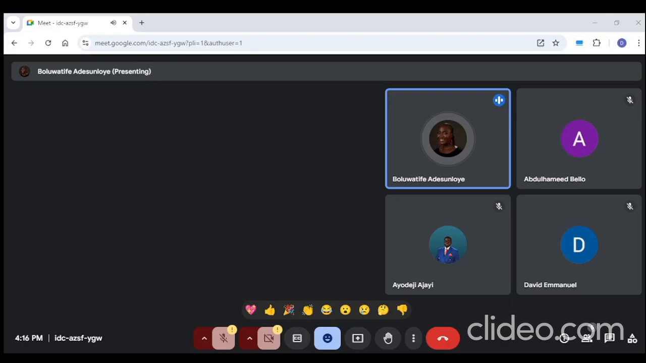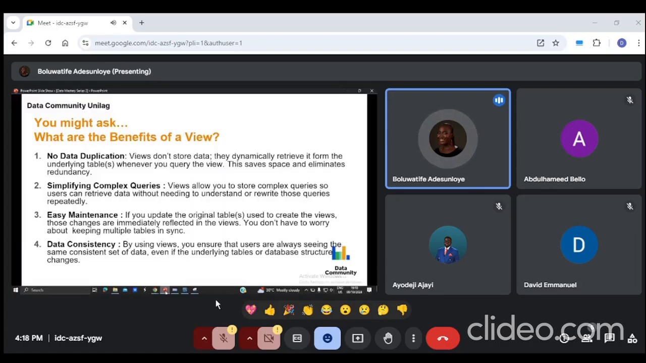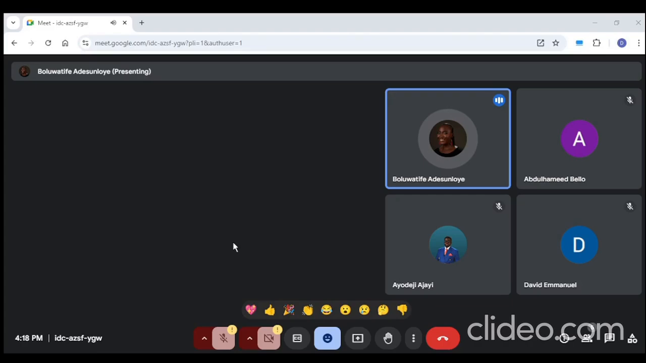So you don't have to worry about keeping multiple tables in sync. Yeah. So because we're going to do a simulation here, like we always do. So instead of always going back